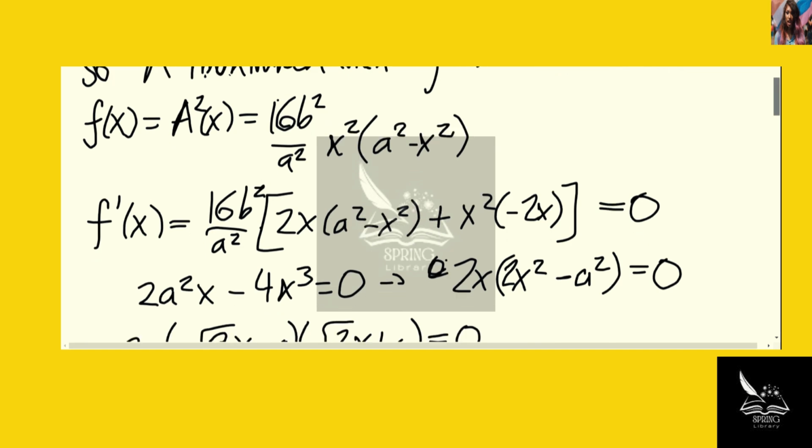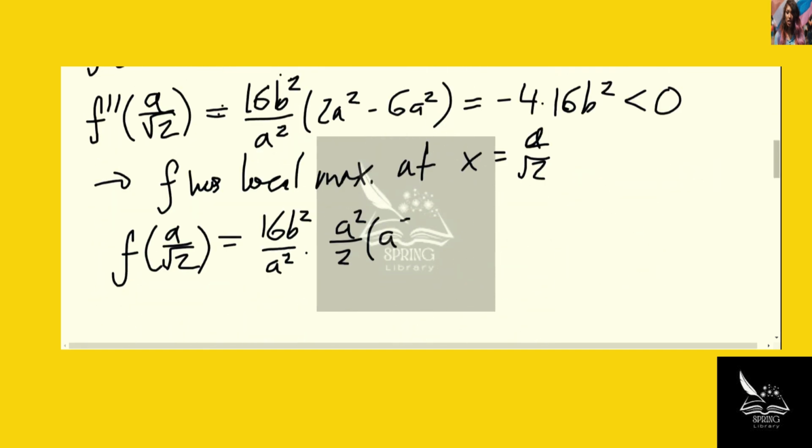times a squared minus a squared over 2, which is